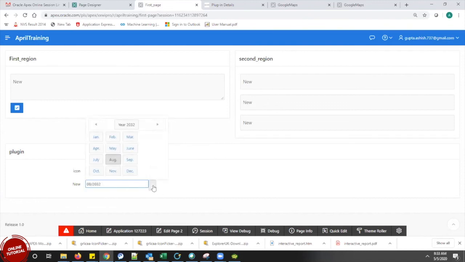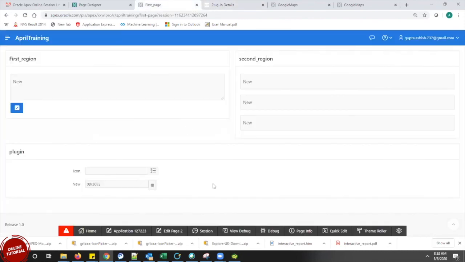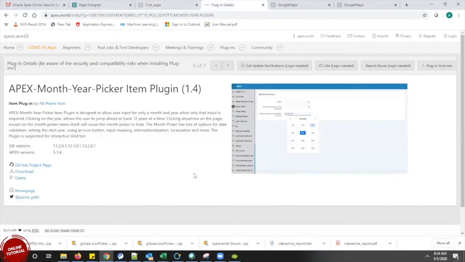One more thing: when we are importing our application from one instance to the other, these plugins are in the shared component. At the time of export to the new instance, this plugin would be taken care of by itself.